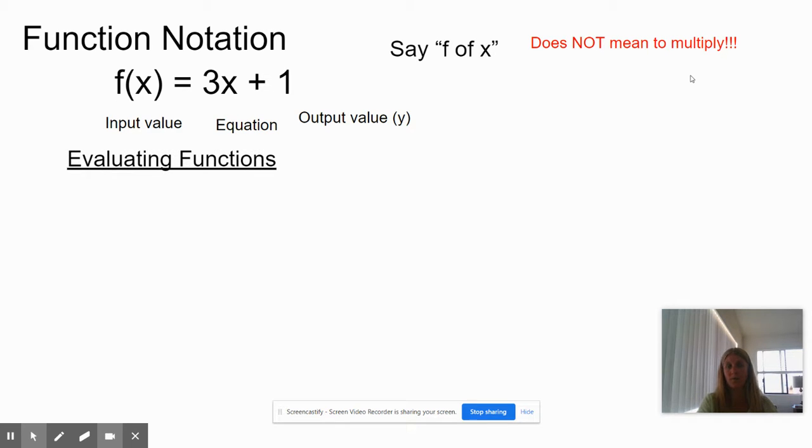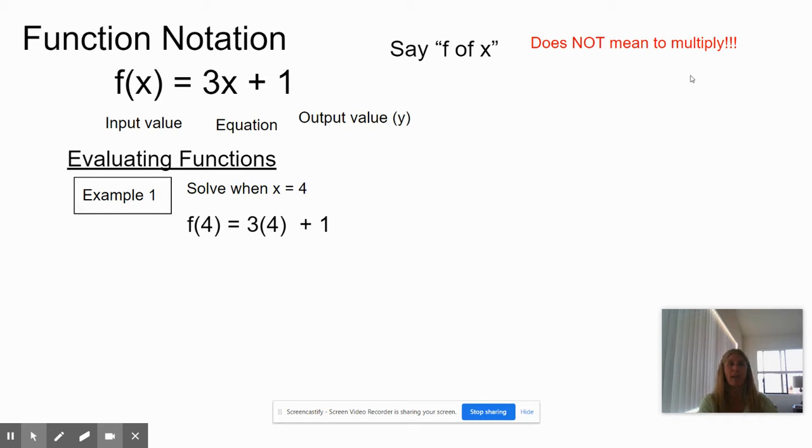So we're going to go ahead and evaluate functions, which is basically picking x's like we did in our class a couple times ago. We're simply going to plug in an x and solve for our f of x or our y, so we can find an ordered pair that would be on this graph. So example 1, we're going to go ahead and solve when x is equal to 4. So we're going to simply take 4 and plug it into both places where we see our x. So when we've done that, it looks like f of 4 is equal to 3 times